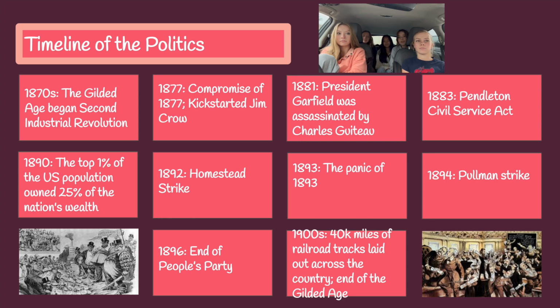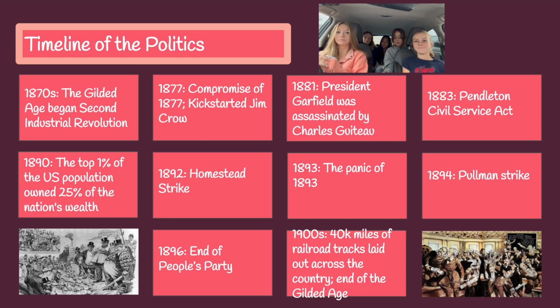In 1890, the top 1% of the U.S. population owned 25% of the nation's wealth. In 1892, the Homestead strike saw steel workers go on strike. They were put down by the state government. The Panic of 1893 was one of the most severe financial crises in U.S. history. In 1894, there was the Pullman strike, which was a widespread railroad strike and boycott that disrupted rail traffic